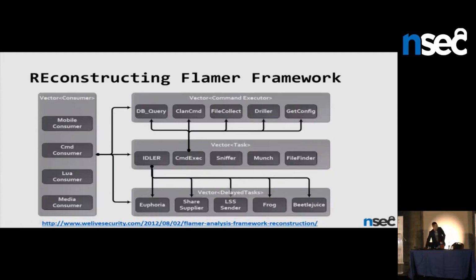For instance, here we can see at the right in the center there is a vector of tasks. The tasks are some routines which are executed in separate threads. There are different kinds of tasks here. For instance, there is a task Merc, which